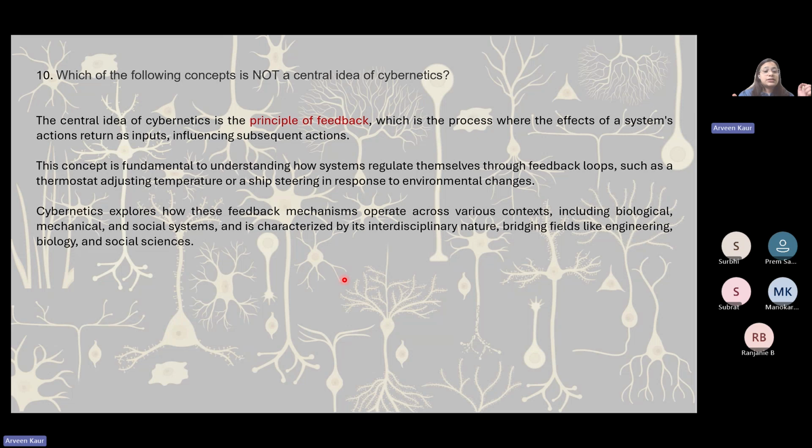The same thing happens with our ACs also, right? We can set a temperature, and that is also known as the energy saver mode, right? You can set it at a certain temperature. After it has attained that temperature, the compressor will turn off, right? Until it drops like 2-3 degrees, or it increases 2-3 degrees again, and then again the compressor will start and begin functioning to bring it back to that temperature, right? So another very simple example of the principle of cybernetics, right?